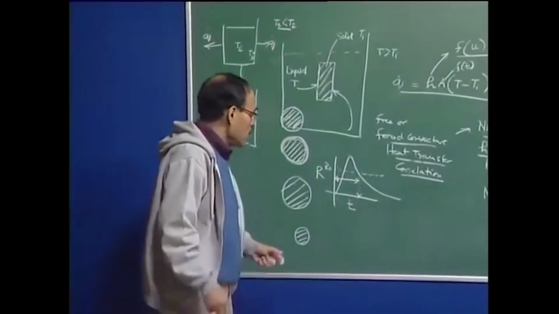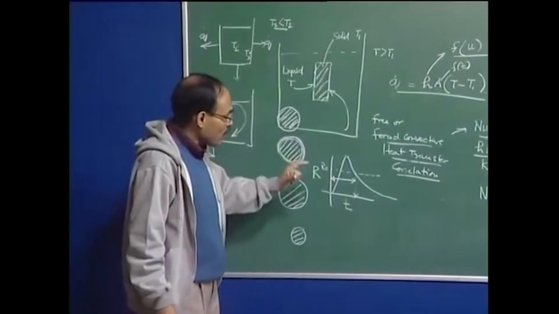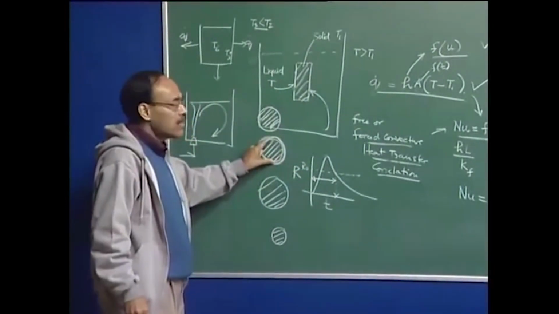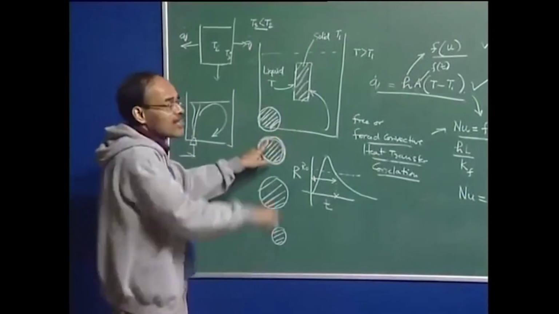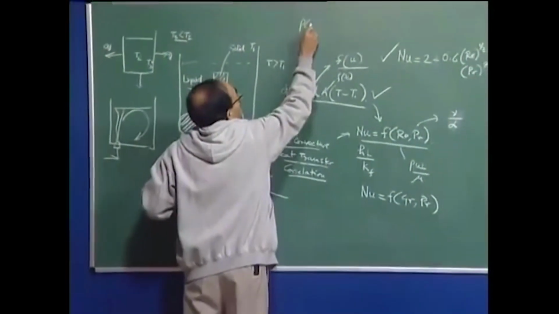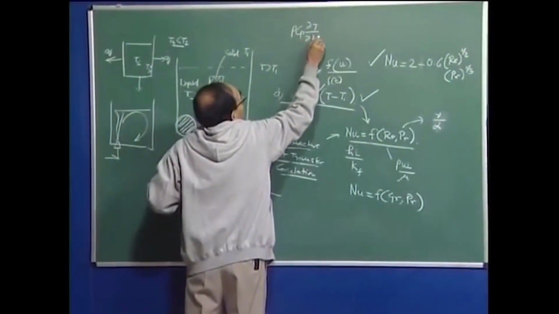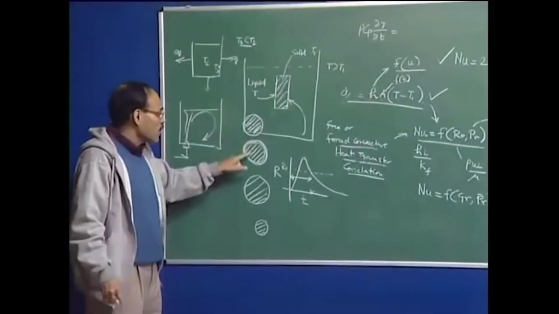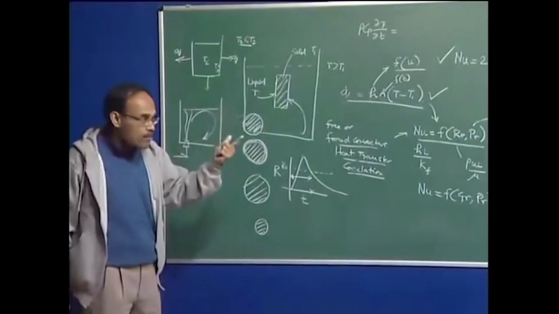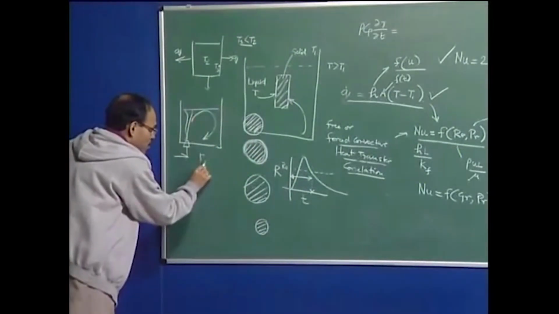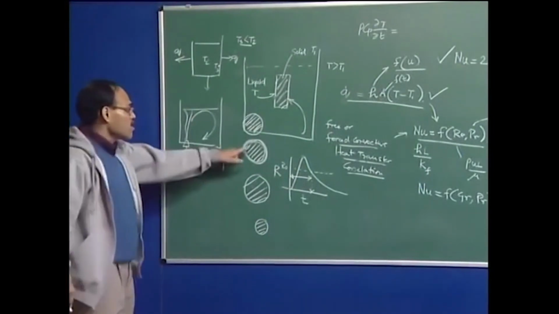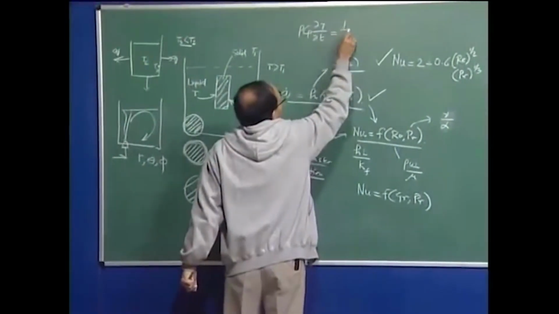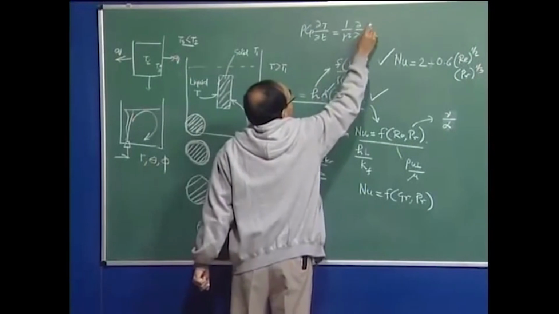realistically. So, we have to now take into account that, for example, if I want to write down the heat flow equation within the solid, the same conduction equation that I have written will come here, rho Cp. And if I say that it is only one dimensional heat conduction within the solid, there is a radial symmetry, so heat is flowing along the r direction, and theta and phi are not important. The spherical coordinate system is r, theta and phi. So, if there is theta and phi symmetry, I can say heat is flowing in the radial direction, and this is actually 1 by r square,